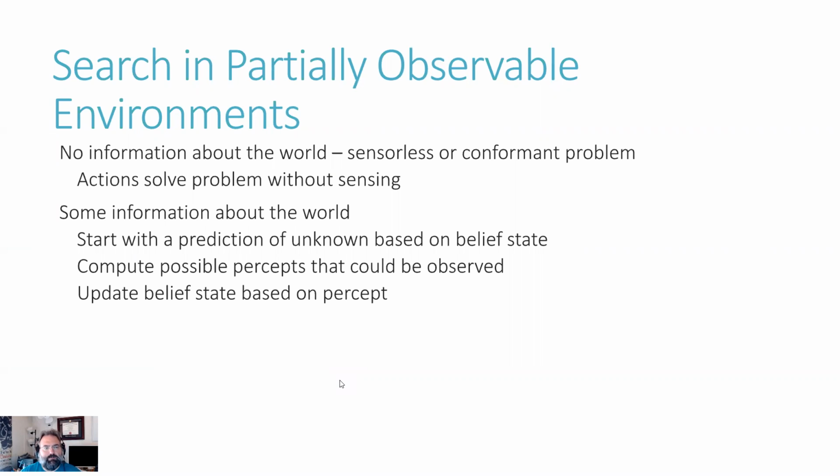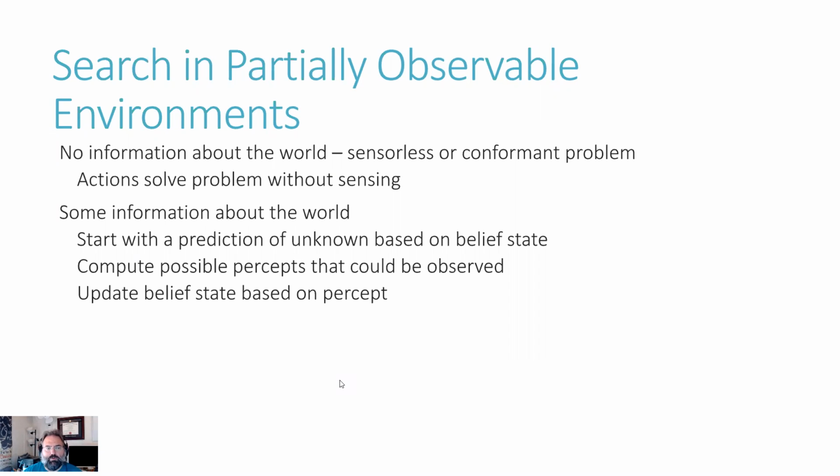You've also got the concept of search inside a partially observable environment. This is typically where there are two variations. There's no information at all, so a sensorless world, and you may need to solve the problem without sensing. It can be challenging, but can be done. And then you may more commonly have partial information about the world. You've got some information, but not all of it, and it may or may not be totally accurate. That's where you have the concept of a belief state.